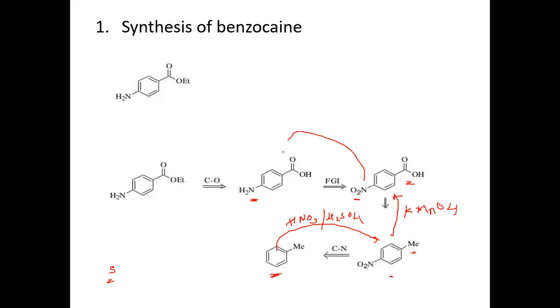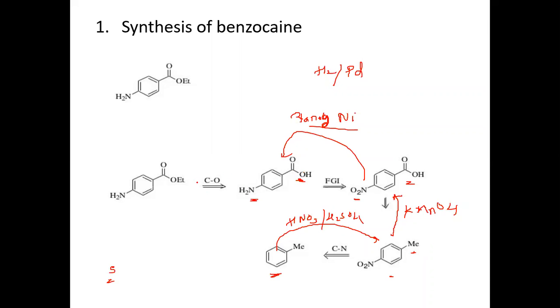Next, look at here, NO2 to NH2. What reagent do we have to add? Reduction process we have to do, right? Have you heard about Raney nickel? Yes, sir. Yeah, Raney nickel. You can use this, or you can also use H2/Pd. You write this one.